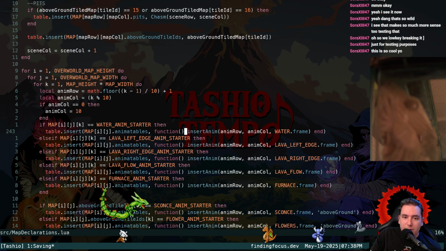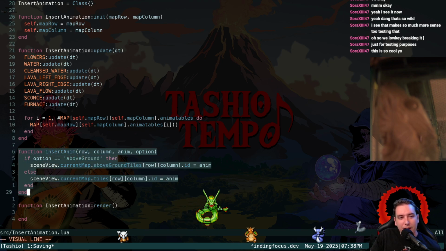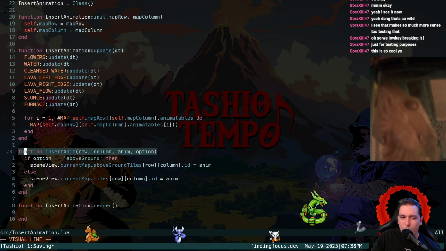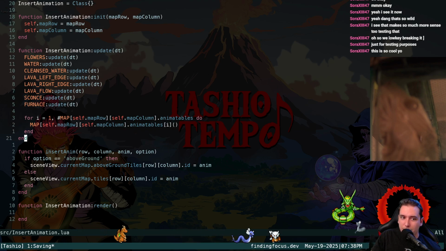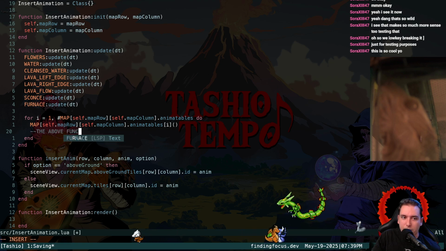So the function we're inserting is this insert anim. And this is strange, man. It should probably be a method, because right now it's just a global function just chilling in the insert anim class. And I don't like that it's called insert anim instead, like in the insert animation class. It's just a weird way to do it. But all that we're doing is we say we're invoking the function. Well, what function is it? Well, it's literally this function. We don't say that here, but we can say the above function